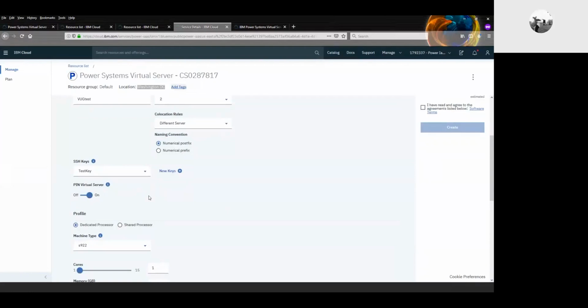Now, in a cloud, virtual machines move around. That's why there's no concept of underlying host. We don't expose that to you. It's a cloud. Assume your virtual machine will run on any of our servers in our data center. When we need to do a planned outage, for example, to update firmware on one of our Power servers, we'll evacuate that host and, using live partition mobility, move all the VMs to another host with